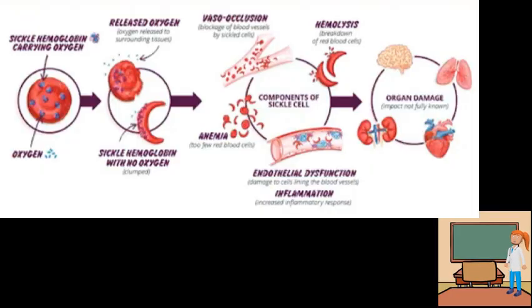So, you may be wondering, how does sickle cell disease change over time? Well, the process of hemoglobin clumping together to form a long chain inside the red blood cells is called polymerization. This chain of hemoglobin is what causes the red blood cells to change into a sickled shape. When red blood cells sickle, they can't do their job of carrying oxygen throughout the body as well. When this process begins, it creates room for the following components to take place in the body: